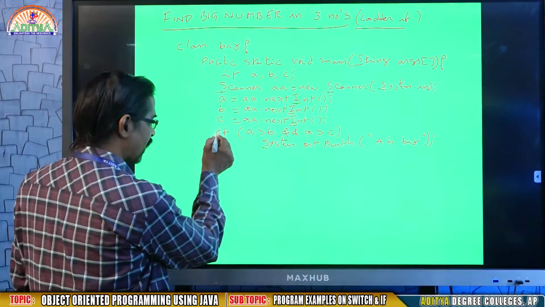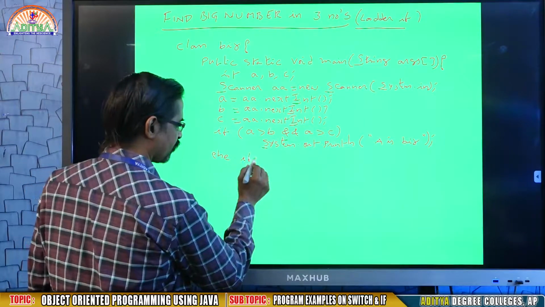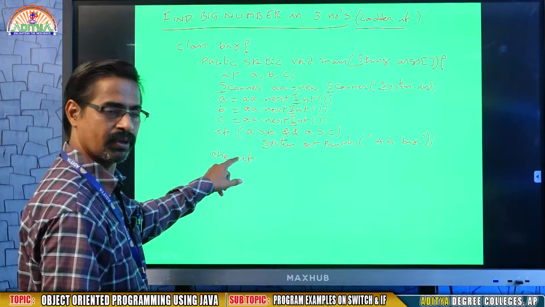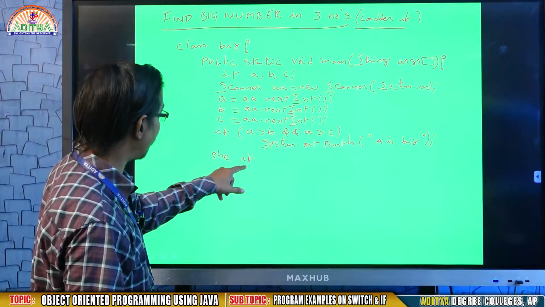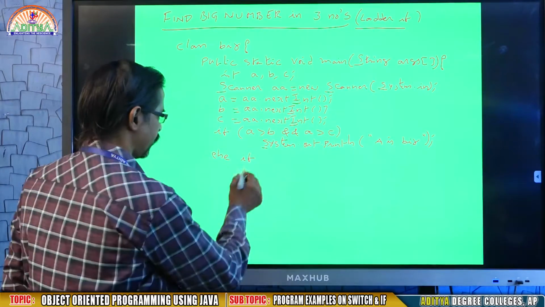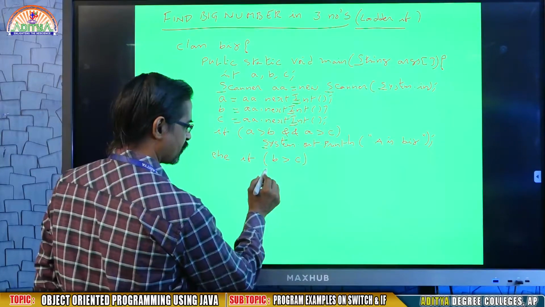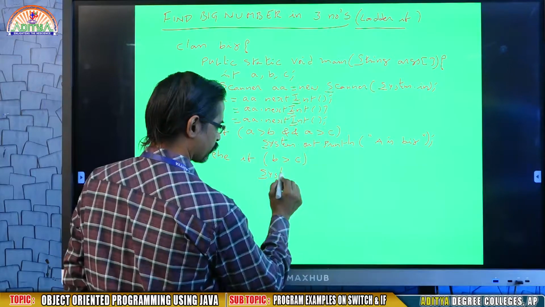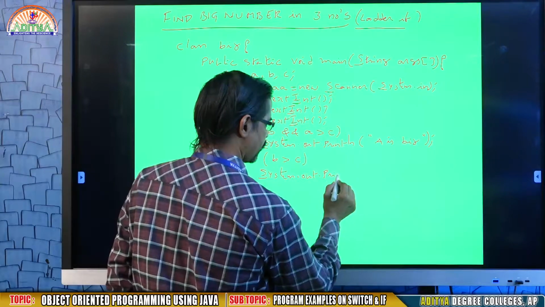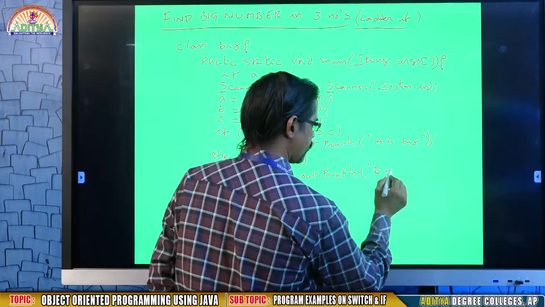So if the condition is false, as usual, it will come to else. In the else I am writing an if statement. What we write after else is called ladder if, or if else if. Here I am writing B greater than C, then System.out.println B is big.